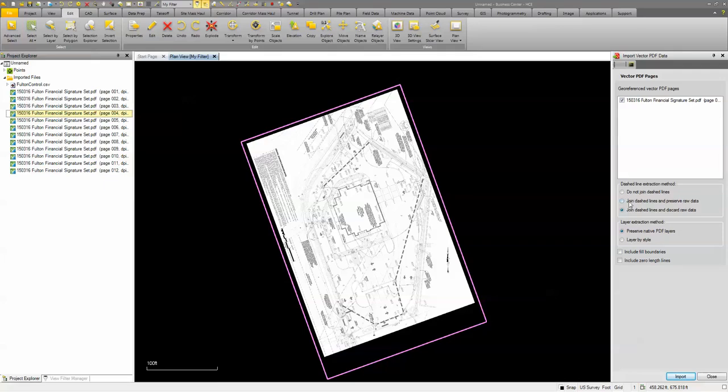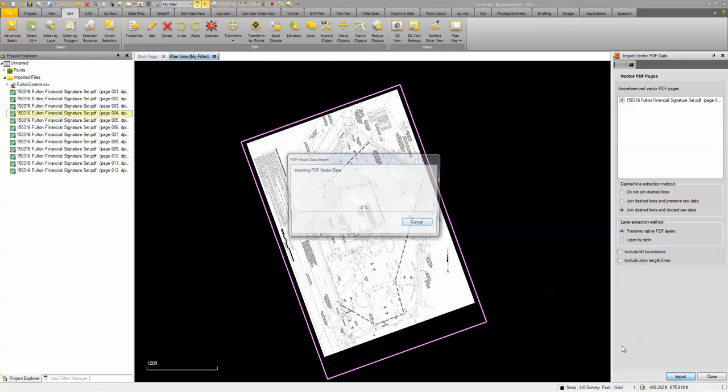And some of the options that we have is to preserve the native PDF layers, as well as other ones like joining dash lines or not joining dash lines. But this one here, preserve native PDF layers. By selecting this, I would expect that the layers that were created in this PDF actually come into Business Center. Now the problem with this particular file, as you see it come in, is that the line work is going to be placed on layers based off a style. So I'm only going to get a handful of layers and not the actual native layers that the CAD data